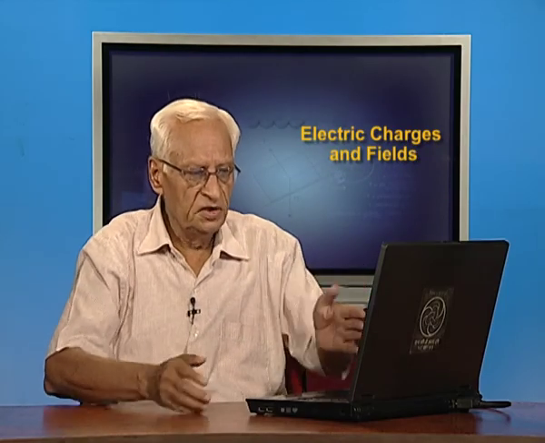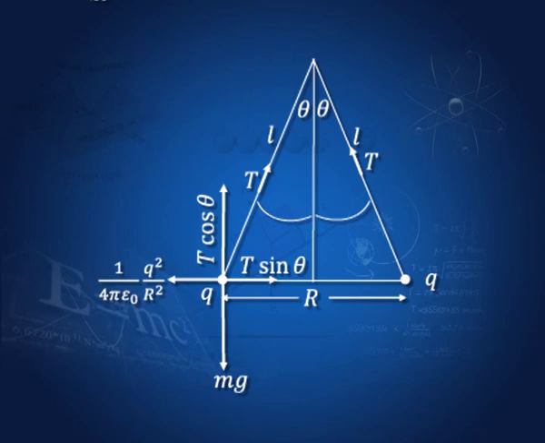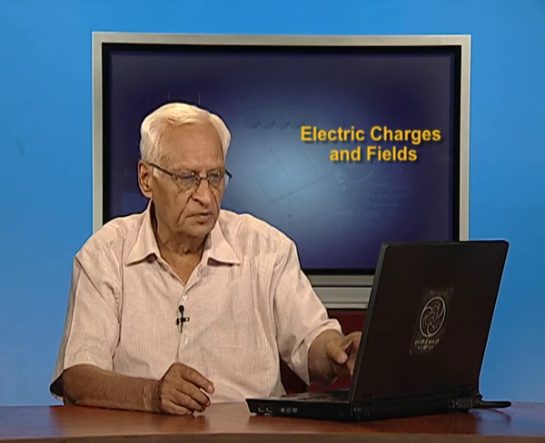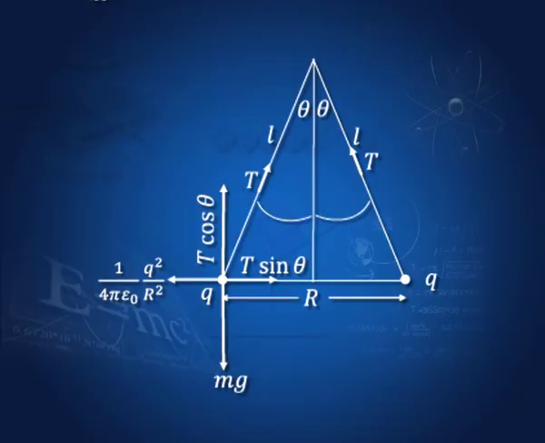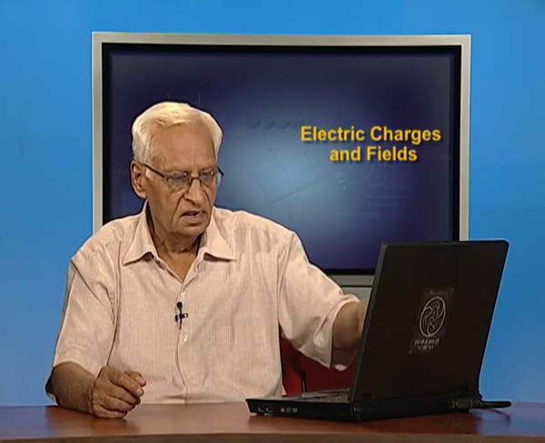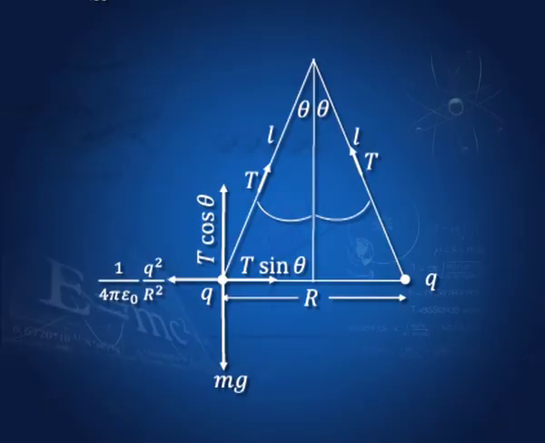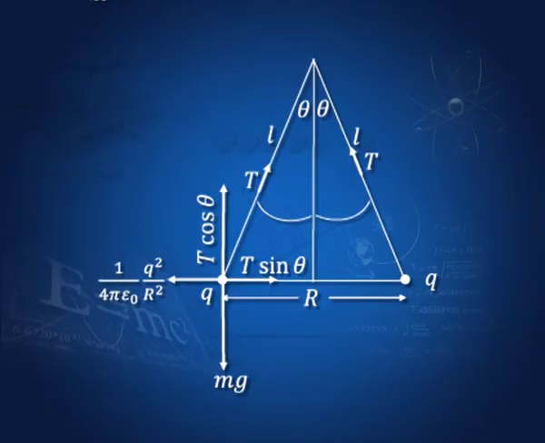So, what we do? The Coulomb force is in this direction and the tension is this, and therefore, I can take the component of tension along this and the tension along this. This T sin theta would cancel because the charges are in equilibrium, it will cancel this. These two will balance and these two will balance. And since there is no other force in this direction, T cos theta is simply equal to mg. T sin theta, there is no other force, is equal to 1 by 4 pi epsilon 0 q squared by r squared. I will equate these two, and from this I shall get the distance r.